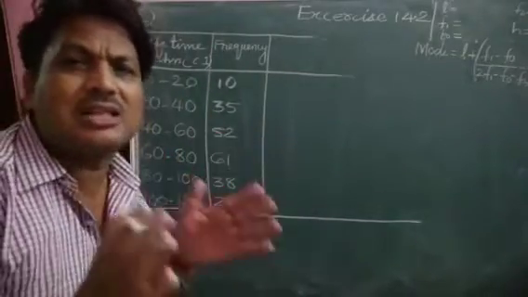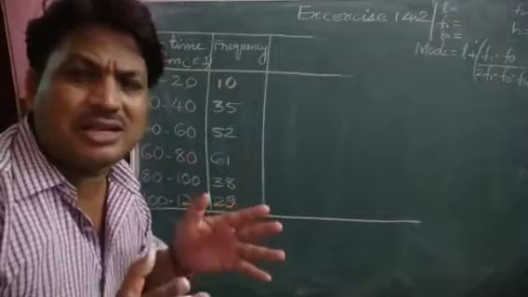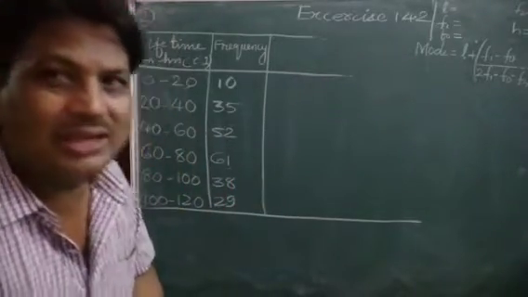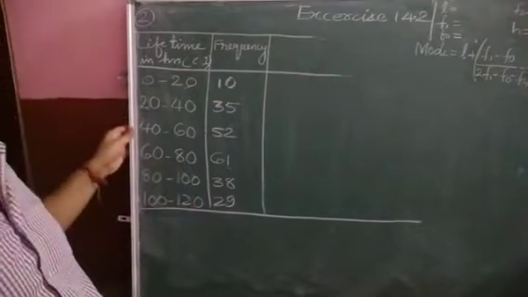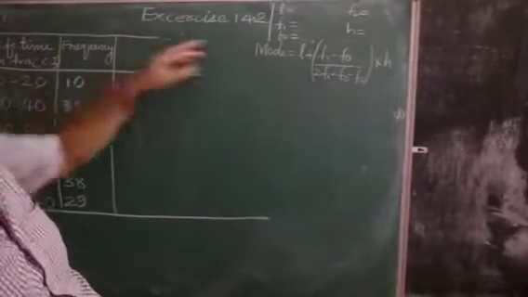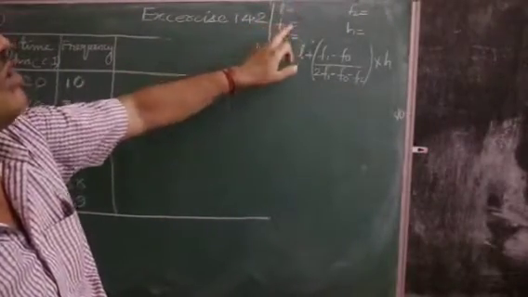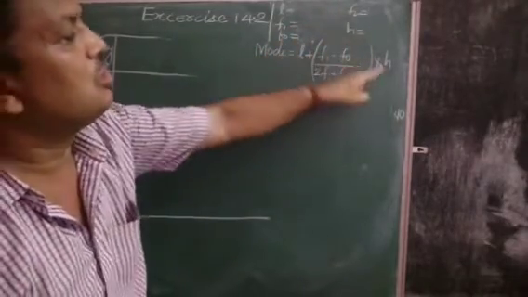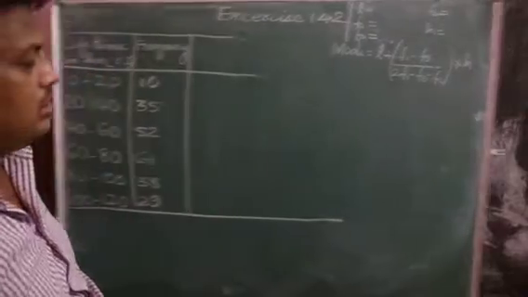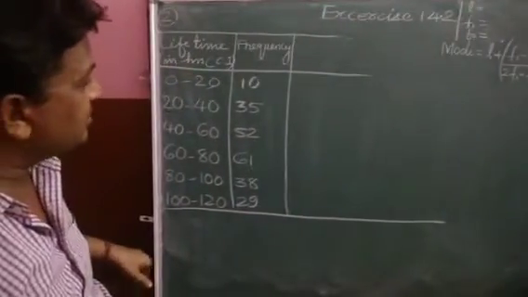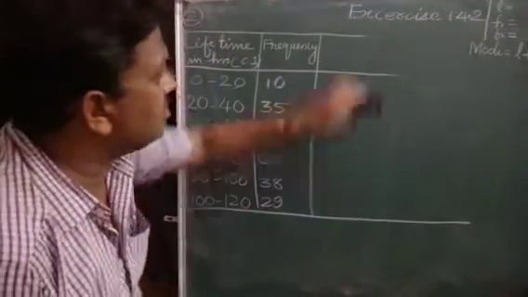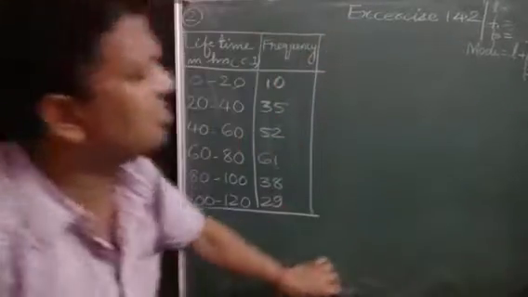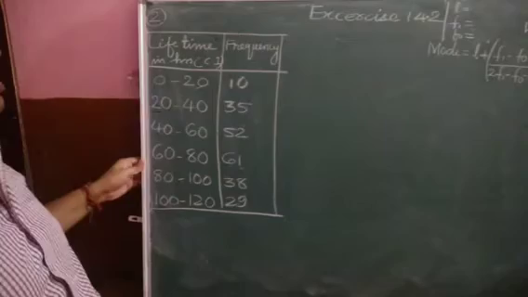इसका मतलब ज्यादा करके कौन से कंपोनेंट्स की लाइफ है वो हमको निकालना है. Okay, children? Right. So you know what is the requirement for modal class? L value, F1 value, F0 value, F2 value, H value to put in the formula. So what is required, children? Simply nothing. This table is very short for this. No more column. What is requirement?